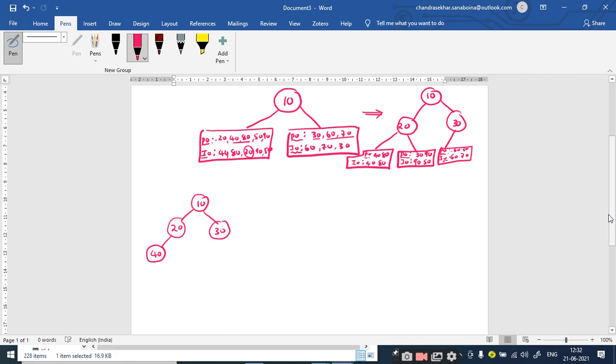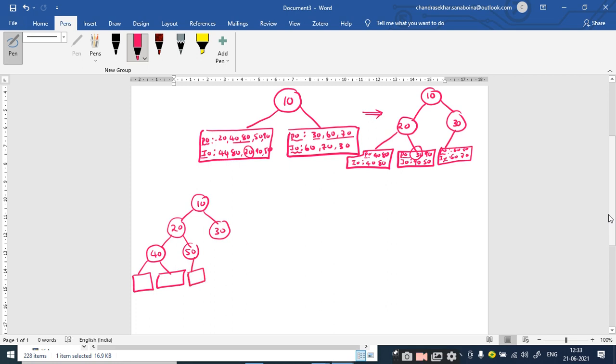Super. So this is 40, and let us assume that there is a left subtree and a right subtree for 40. And what about the right subtree of 20? What is the root of the right subtree of 20? 50, sir. That is identified by the pre-order, right? So what happens to the right subtree? Does it have any right elements? No, sir, there is only one element, that is 90.